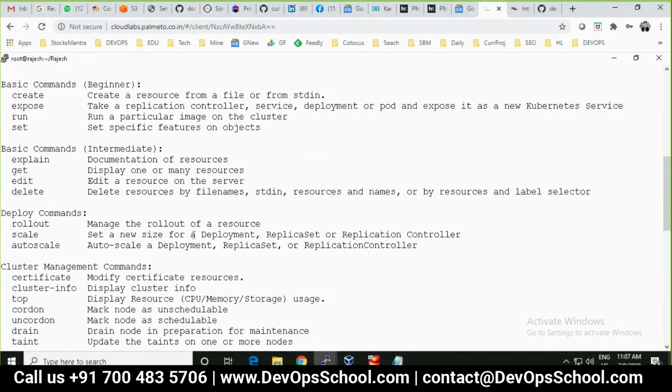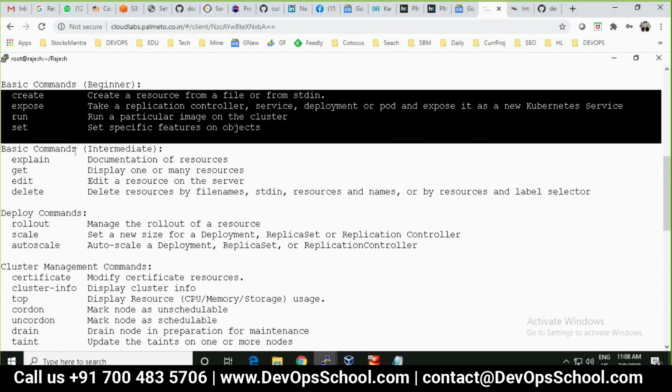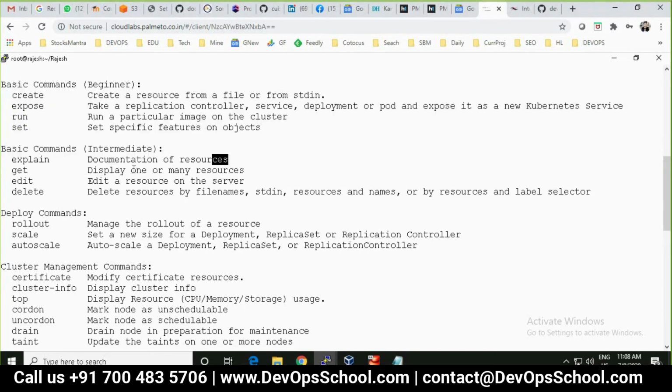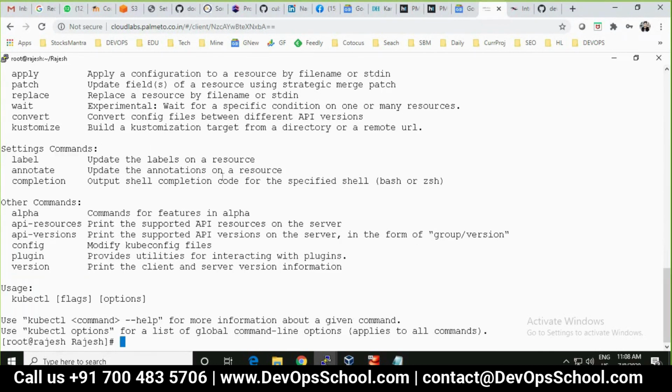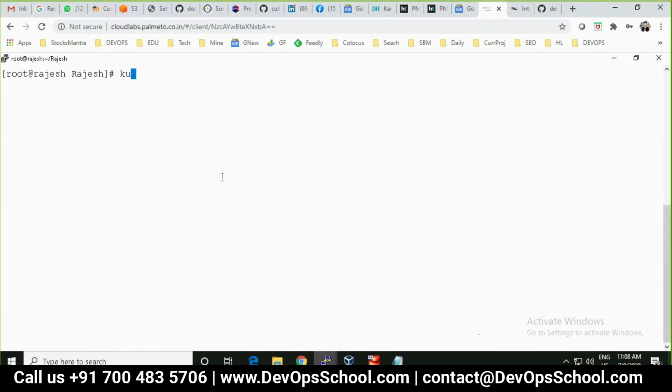I am looking for something better, which will explain the API resources spec. Explain. So guys, you found the command. Documentation for resources. So how to use it? kubectl explain.